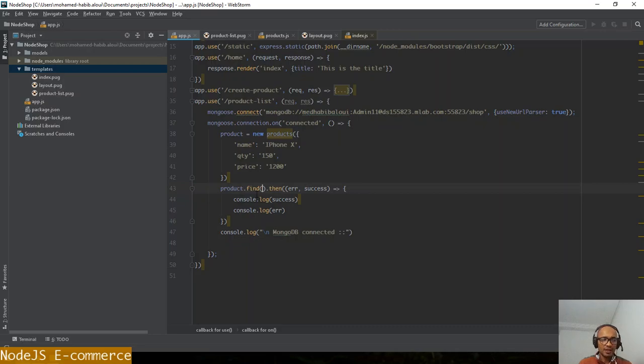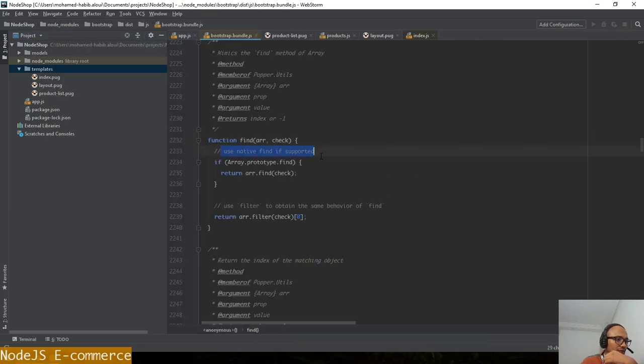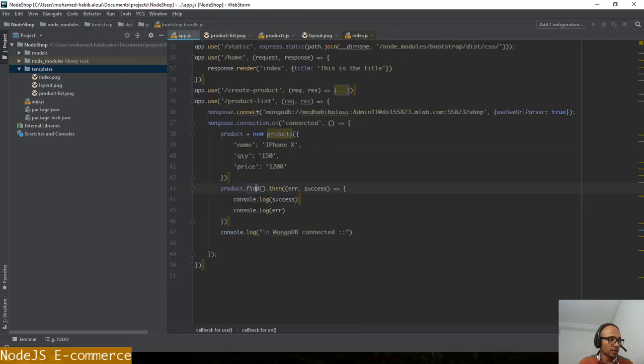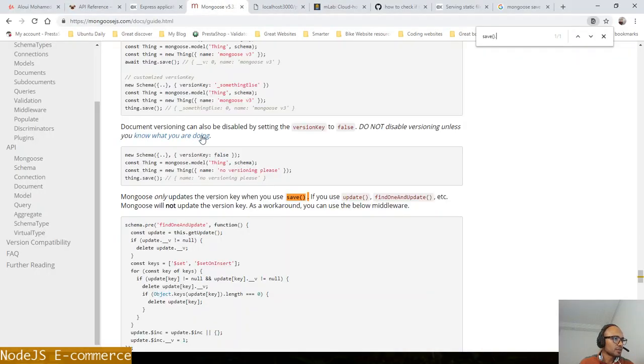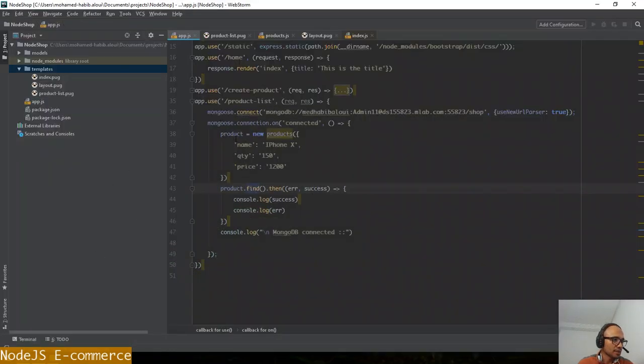And the difference from the save is that I think it did not return a promise. Use native find supported, right, find. Quick look to Mongoose and see what find returns. Dot find, and its callback. Okay, that makes sense. So as I said, this find will be used inside a function with a callback to handle the data returned